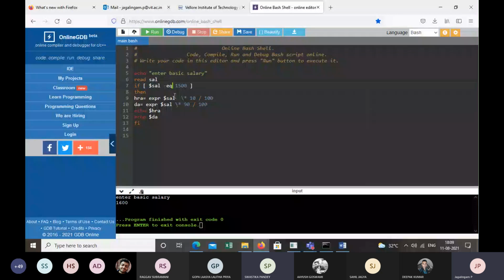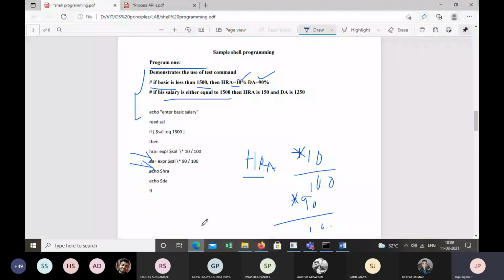Sir, in that question, if it was said that if the salary is less than 1,500, then only HRA and DA should be 10% and 9% respectively. Yeah. See, look at the second statement. If the salary is either equal to 1,500,